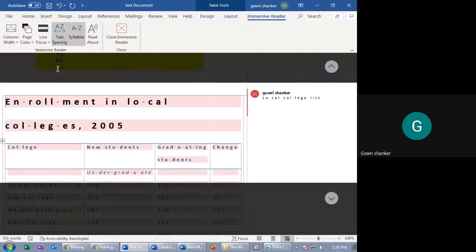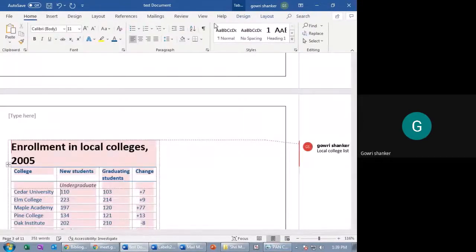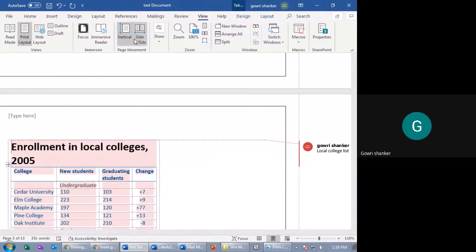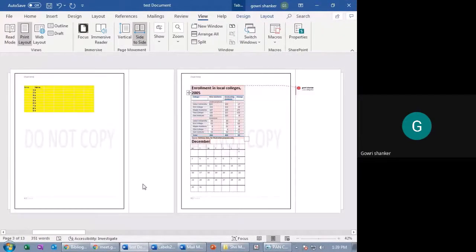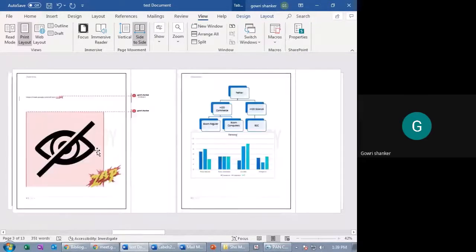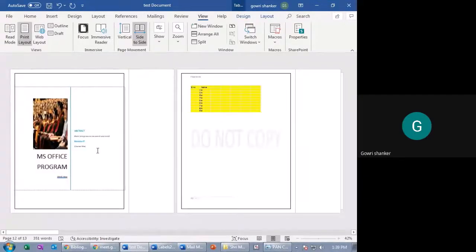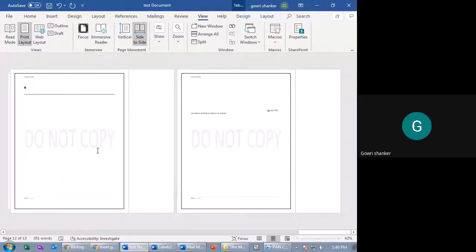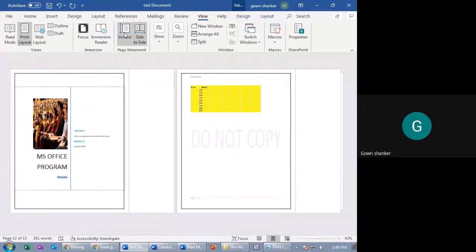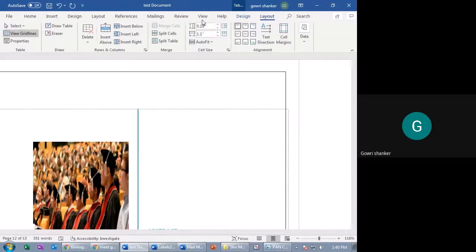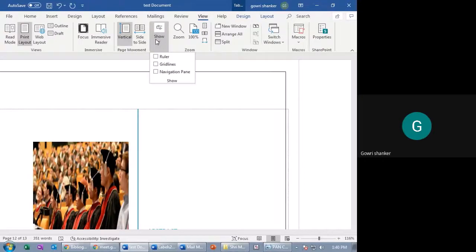That's it. So this is how it will help you out. Normally, this is a view: vertical or side to side. This is side to side also, you can see, just like your papers. You can read side to side. Vertical means a straight vertical page. That's it. Next you have show rulers and grid lines. If you want to put some highlighters and rulers, it works in a similar way.